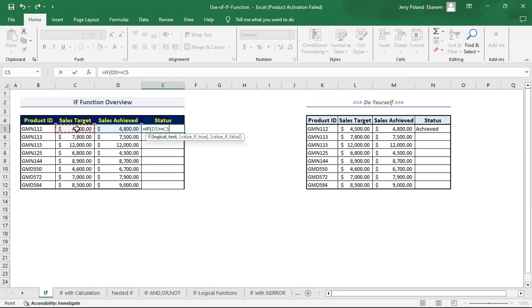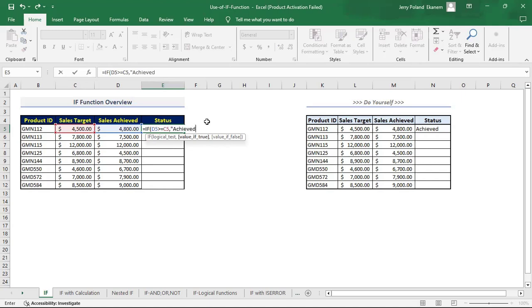That is the logical test. Now, what is the value that should be returned if true? If it's true that the sales achieved is equal to or greater than the sales target, let's say the value if true is Achieved. So we make a quote like this, and type Achieved,